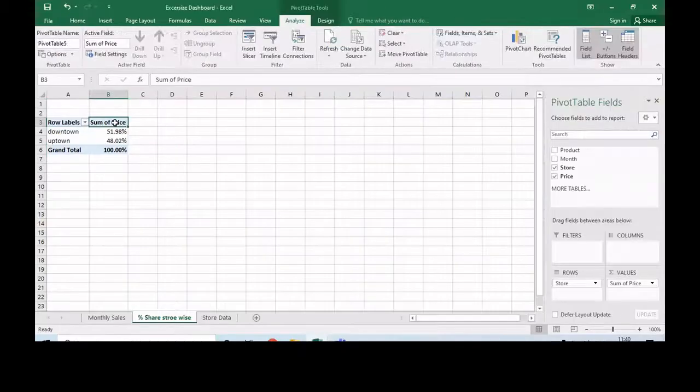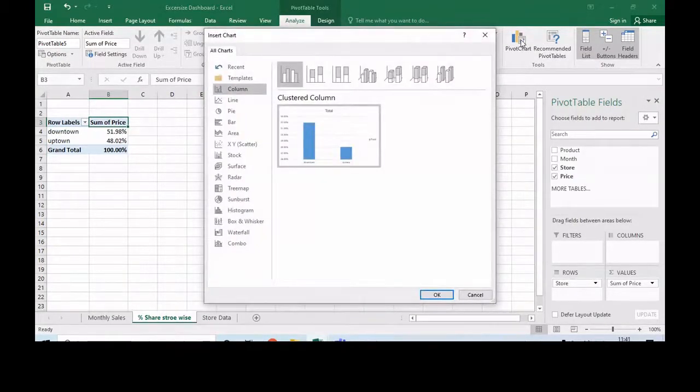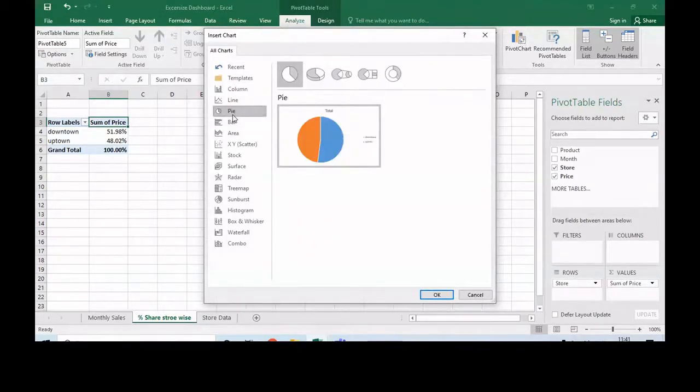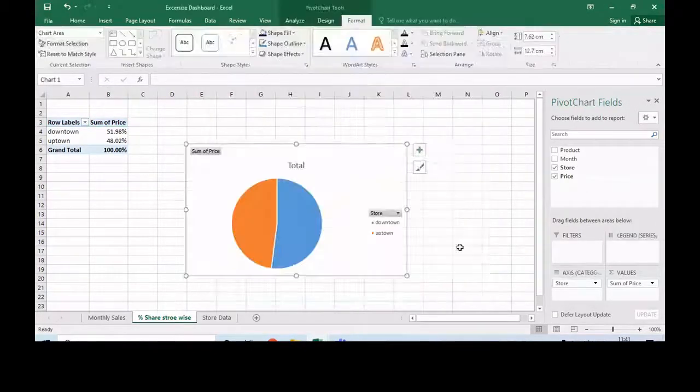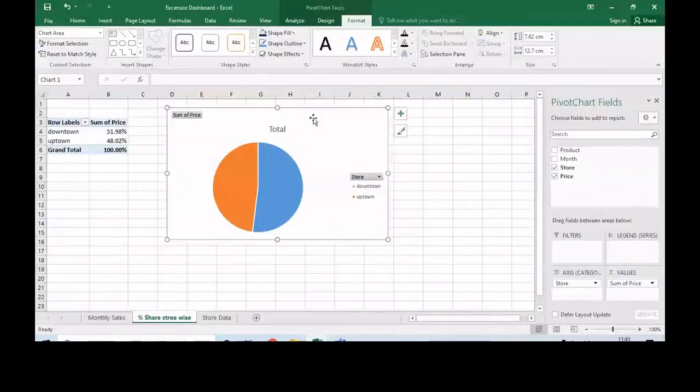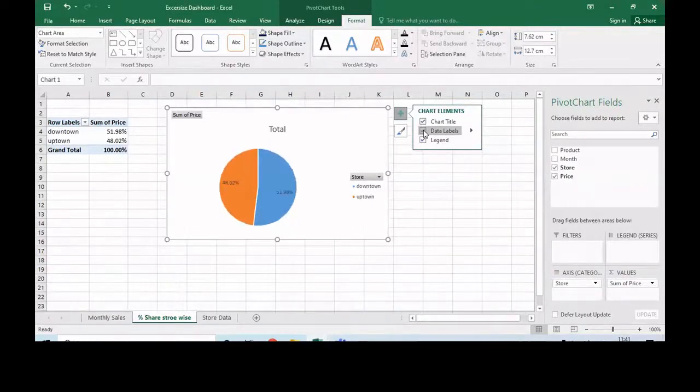Now what we want is a pie chart. Click on pie chart, first pivot chart, and then select the pie. Click OK. The pie chart will appear in front of you. I need those percentages to appear on the respective pie slices, so I will select data labels.